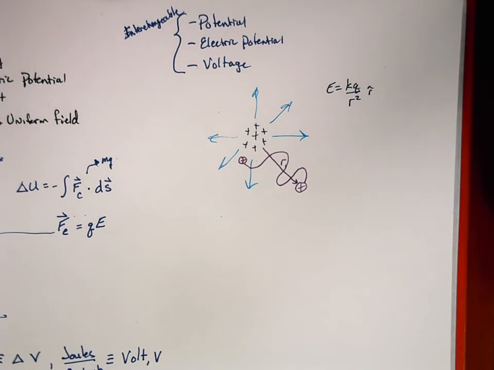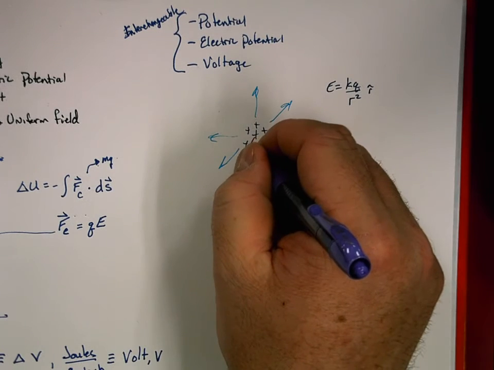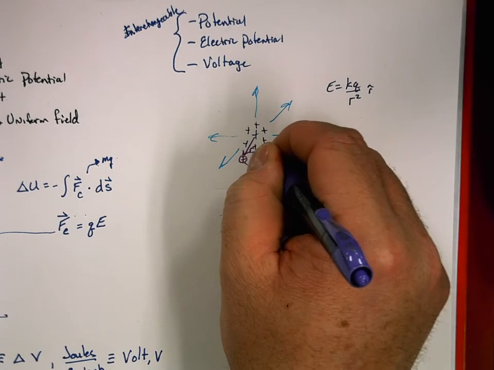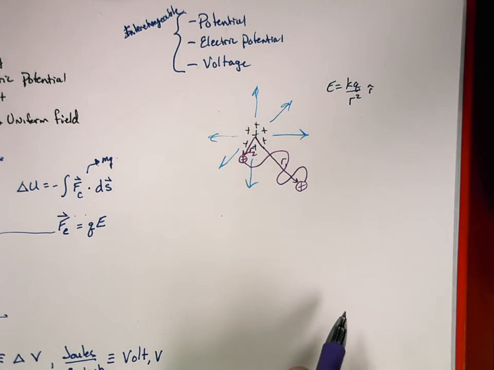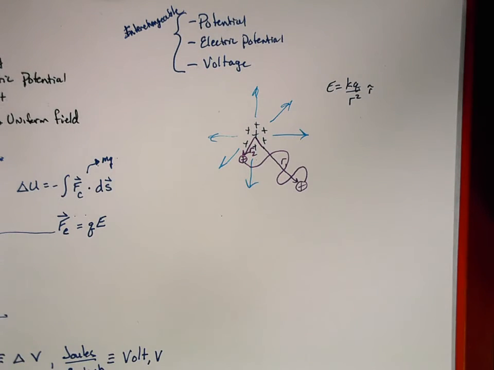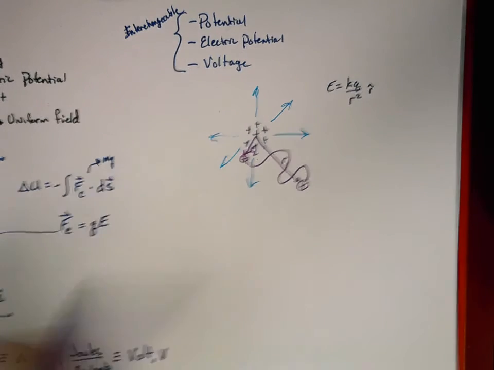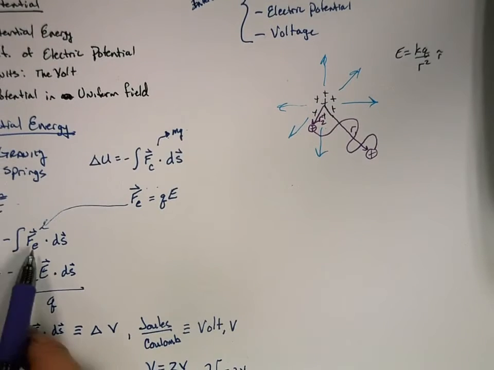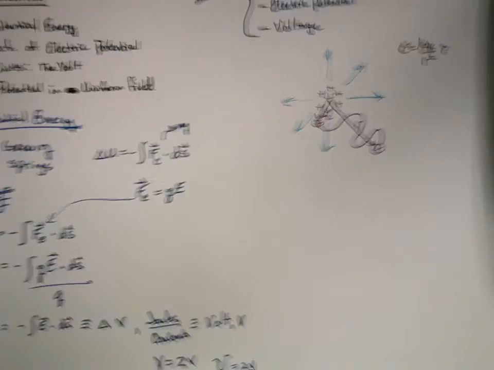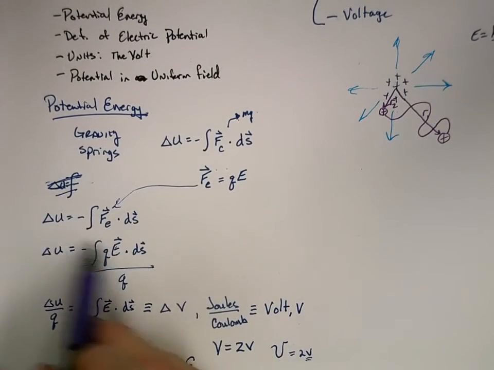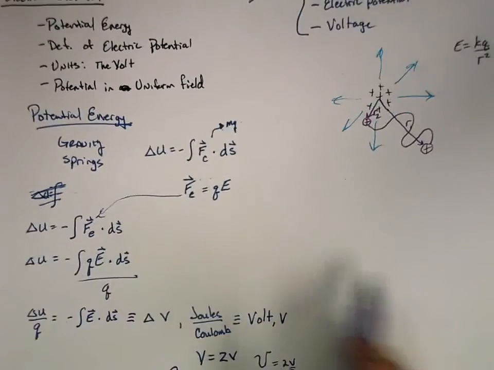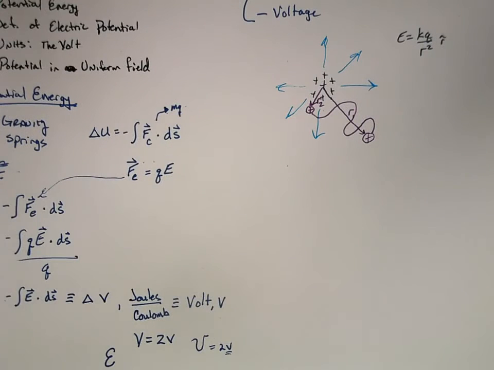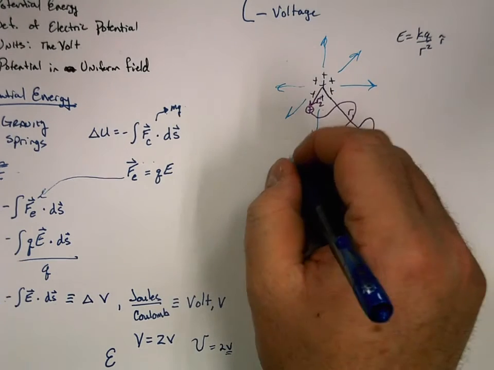Okay, to a new place where we have R2, right there. This is where we move him to. So, according to our equation over here, that I can't get the whole thing on screen unless I rotate, our change in potential is going to equal this. So we get our delta U